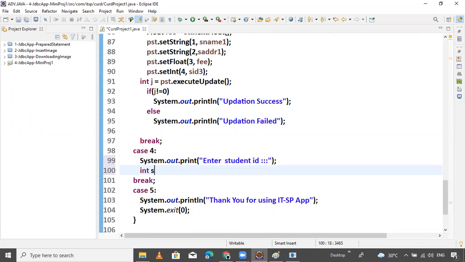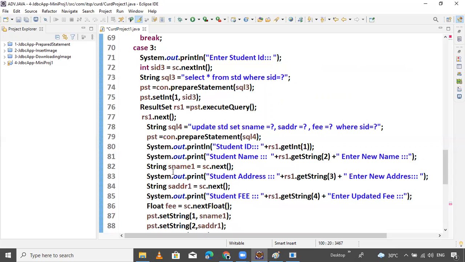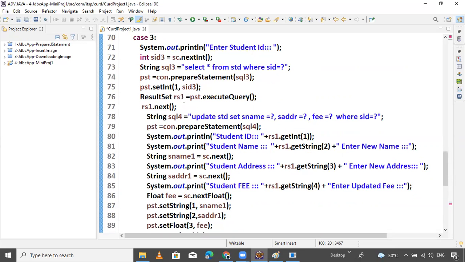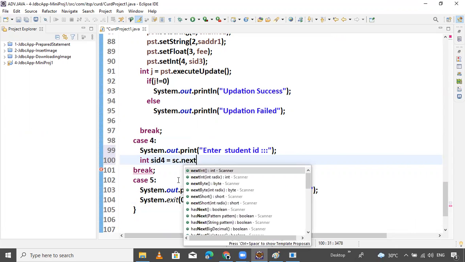So int SID. At this time, how many variables do we declare? Because we are declaring local variables, that's why we declare a different variable. Three variables SID 3, now we declare 4. How much memory is it consuming? We can't imagine. sc.nextInt method.